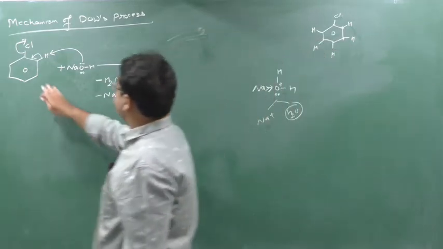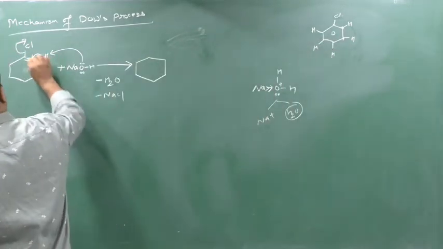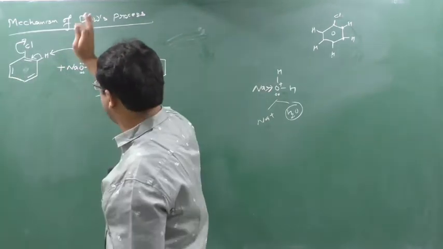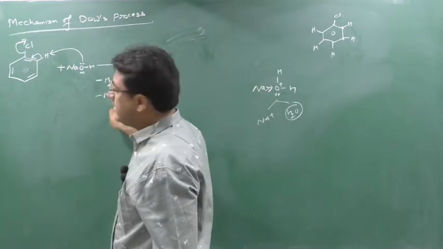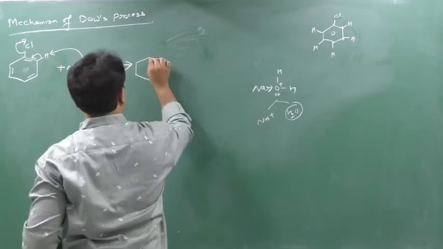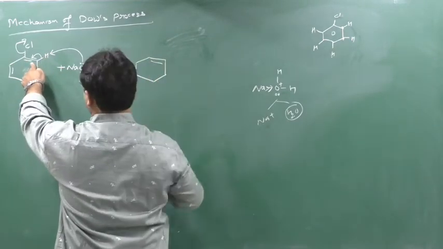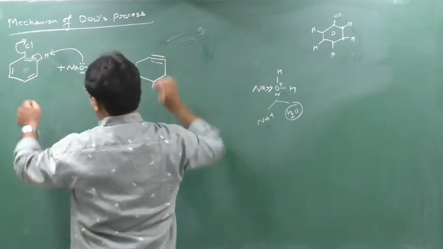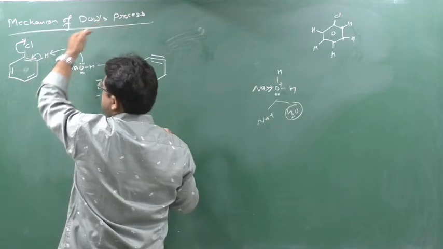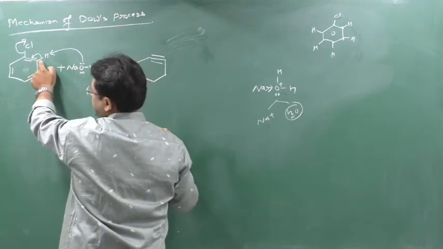So now see here, if I show the bond here, there was 1 bond here, 1 bond here, 1 bond here. So see now what changes occur. Cl has gone as NaCl, H has gone as water. So now this bond gets shifted here. There was 1 bond here previously, 1 bond will come here, because Cl is going from here, so one electron will be here, and now H is also going from here, so one electron will also be here.